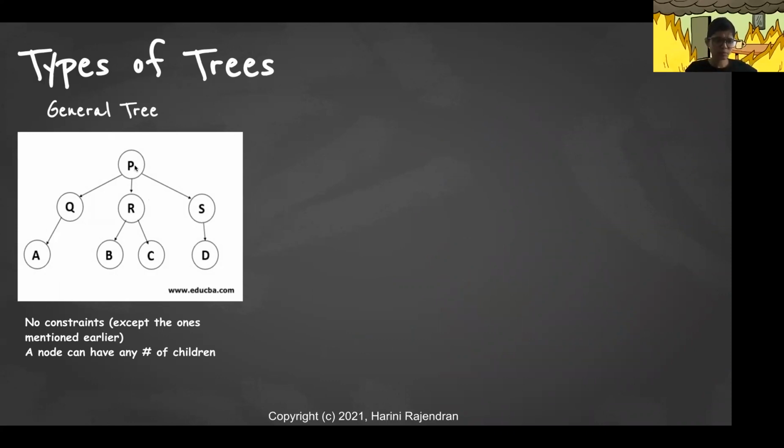All those constraints are applicable to the general tree as well. Each node in a general tree can have any number of children connected to it. There are no constraints on the number of children that can be connected to a parent node. That is called a general tree.